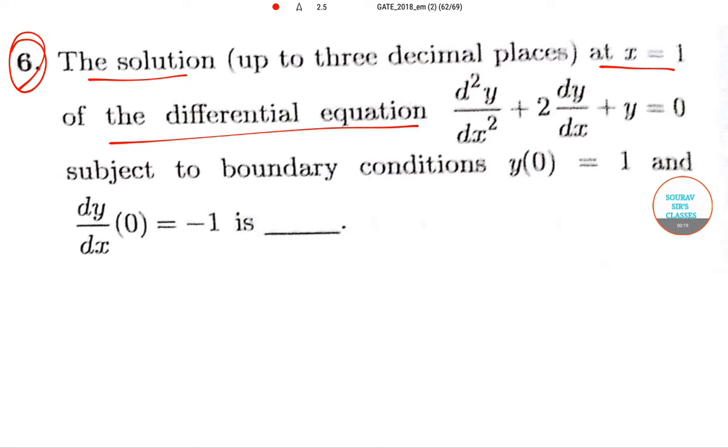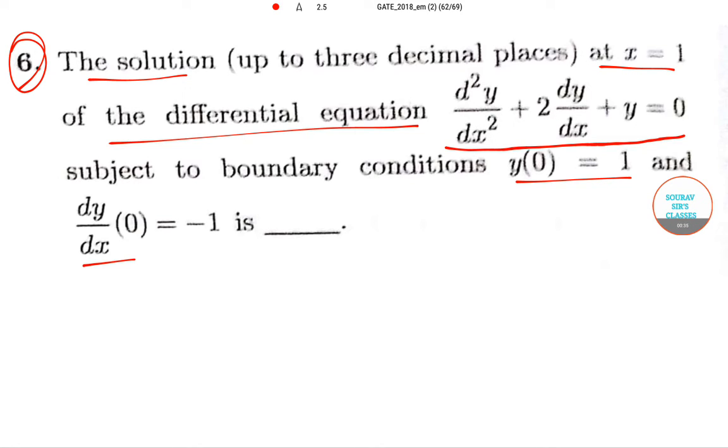of the differential equation d square y by dx square plus twice y dy dx plus y is equal to 0, subject to the boundary conditions y(0) is equal to 1 and dy/dx(0) is equal to minus 1. So we have been given that d square y by dx square plus twice dy dx plus y equal